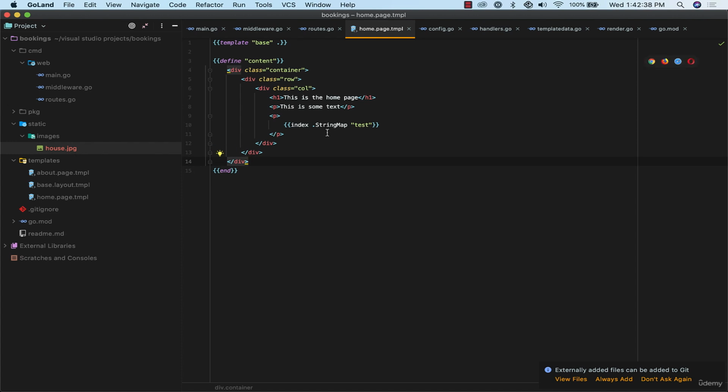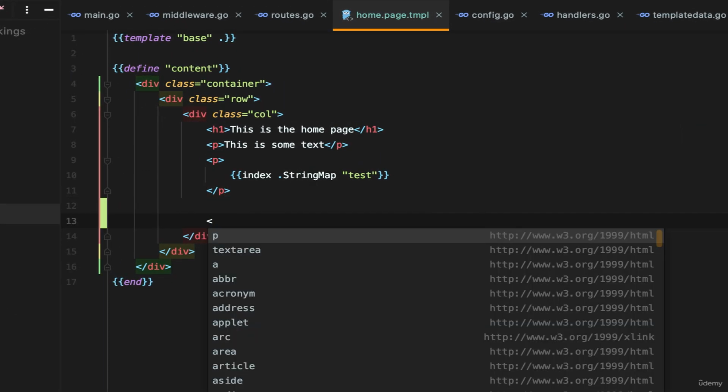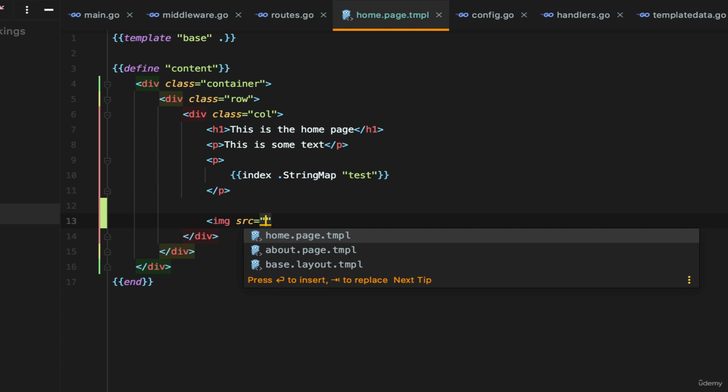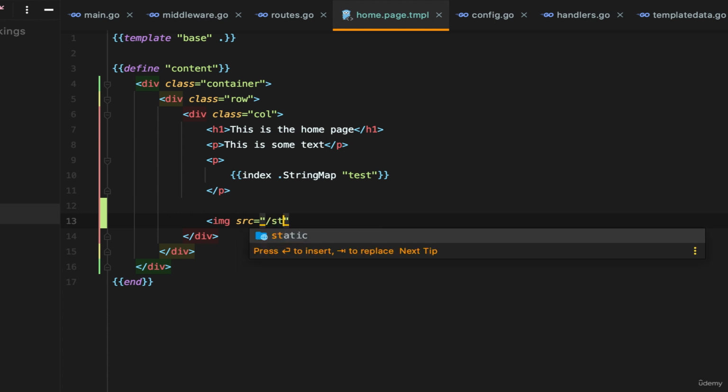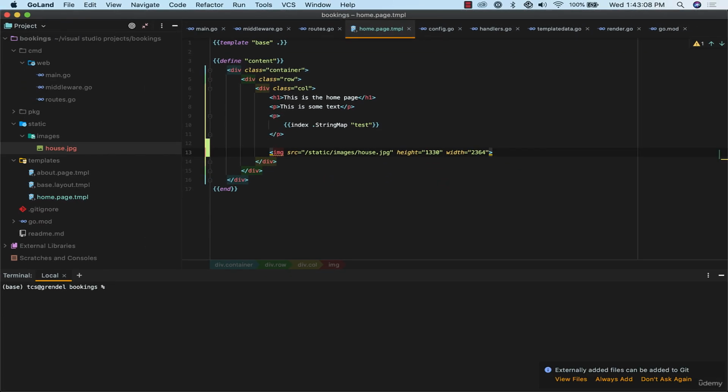How am I going to display this here? Well, typically in HTML, which I'm going to talk about in more detail shortly, so don't panic, I could put image source equals, and then that's in a folder called static. But how do I get to that folder? Well, let's try putting /static/images/house.jpg, height equals, and it figures that out for me, width equals, and it figures that out for me. There, okay. If I save this and try running my project,